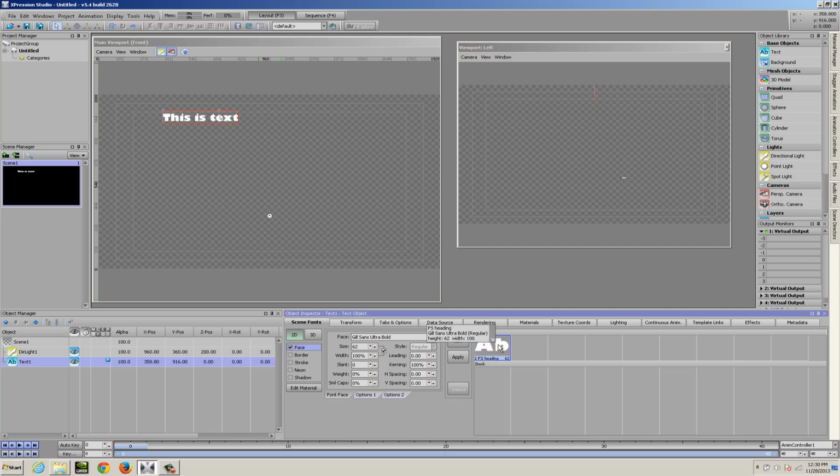Now, the naming you give is completely up to you. There's really no right or wrong way to do this, but you're going to want to stay organized, and you're going to want to give your fonts specific names so that you can identify them as your project gets larger and as you start creating additional fonts. Now, there's two categories here in the Scene Fonts tab. You've got used fonts and you have stock fonts. So stock fonts are fonts that live inside the project but are not being used in this scene.